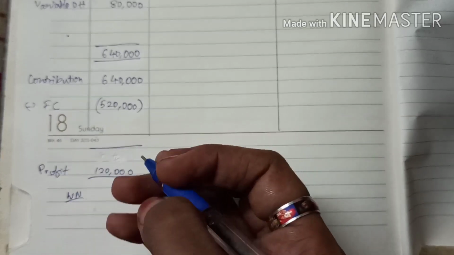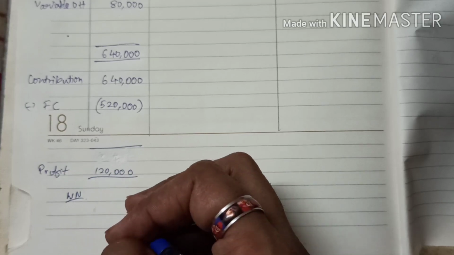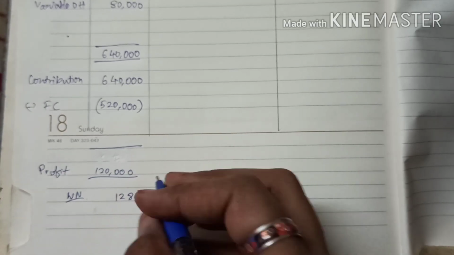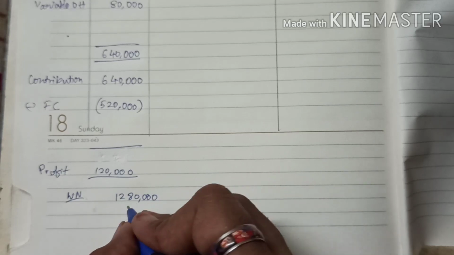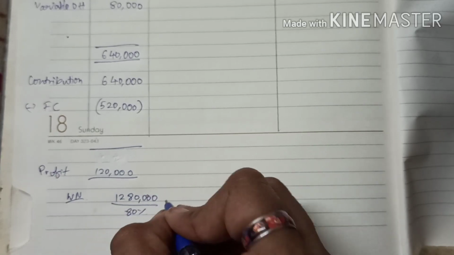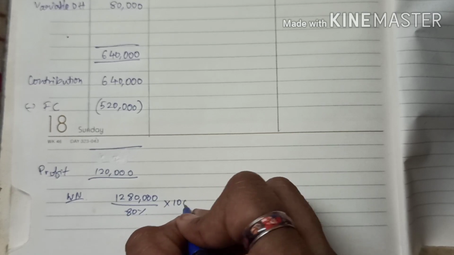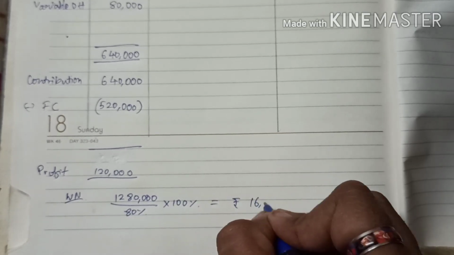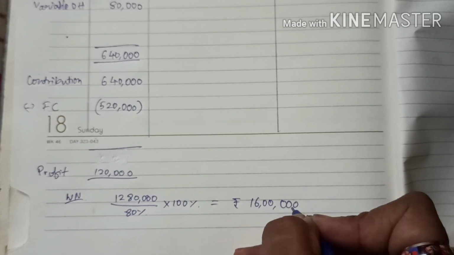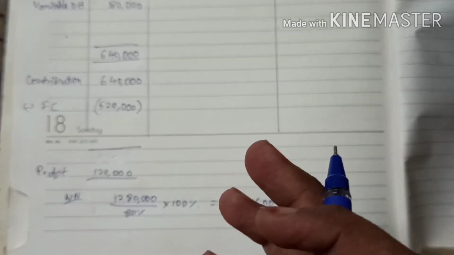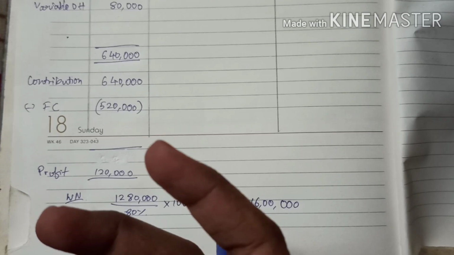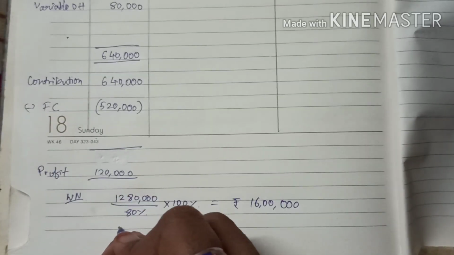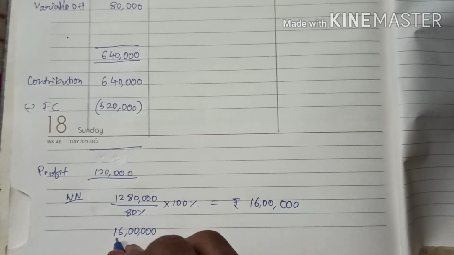And here actually the sales is 12,80,000, and this is for 80%, and for 100% we have to calculate the sales, and that would be 16 lakh. And then next we have to split the capacity equally between the export order and the domestic sales. For that, you see here 16 lakh